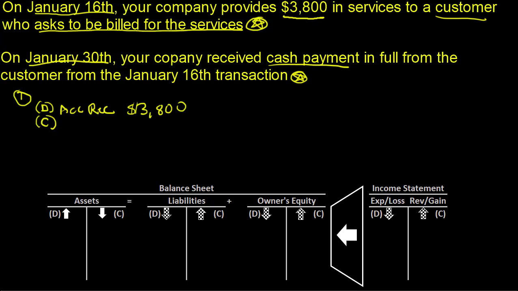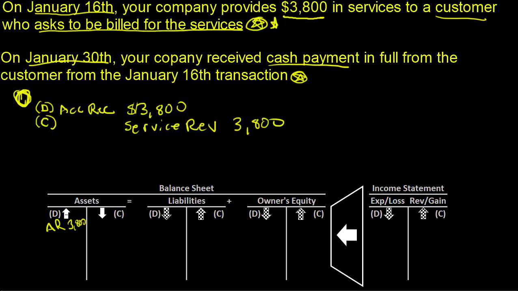And our credit, the credit that we're going to have is related to revenue. We could call it something along the lines of service revenue. This service revenue is going to be for 3,800. This is the first entry. This is the one related to this transaction up here. All right, so we have an accounts receivable, so AR, accounts receivable for